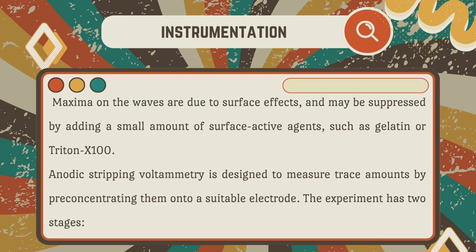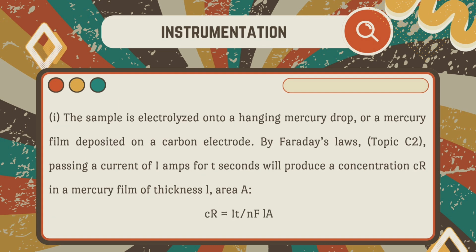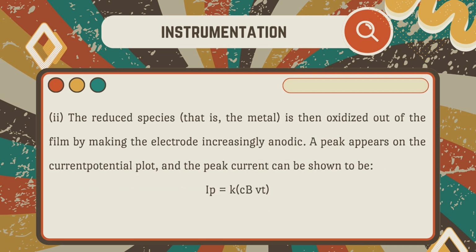Anodic stripping voltammetry is designed to measure trace amounts by preconcentrating them onto a suitable electrode. The experiment has two stages. Number one, the sample is electrolyzed onto a hanging mercury drop or a mercury film deposited on a carbon electrode. By Faraday's law, passing a current of i amps for t seconds will produce a concentration in a mercury film of thickness l. Number two, the reduced species, that is, the metal, is then oxidized out of the film by making